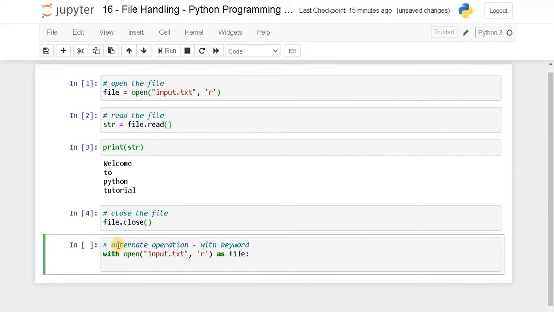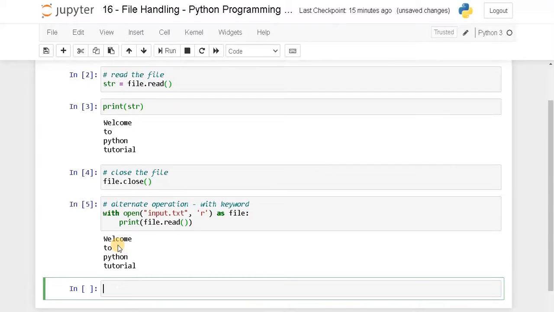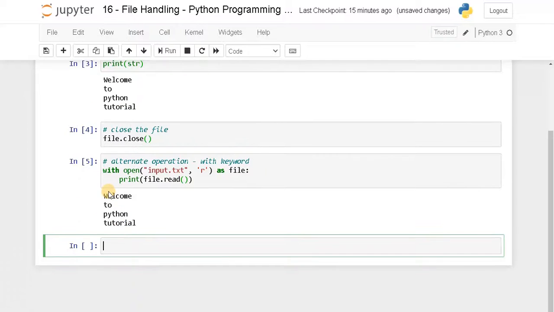Now we can again print the contents, that will be print file dot read. Run it. So it just opened the file and we printed the entire contents of the file.